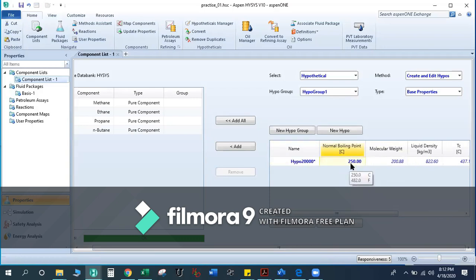First thing, if you want to define a hypo component, either you should know the normal boiling point, or you should know the molecular weight and density.